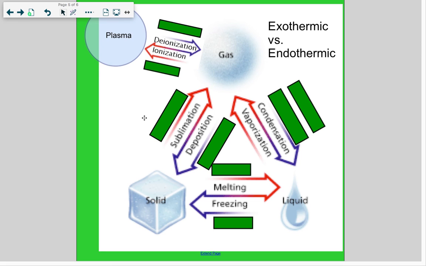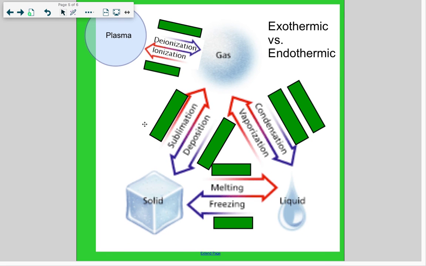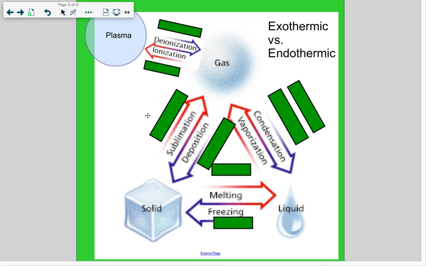Okay, so all you're going to need to know for this quiz is the actual phase changes. So there'll be arrows. You're going to be looking at labeling them and filling in what your answers are. And you're also going to need to know which ones are endothermic and which ones are exothermic. So what I would highly recommend you guys doing,